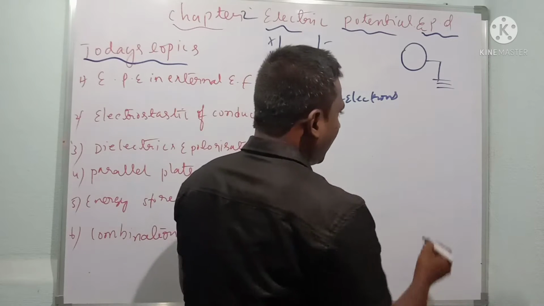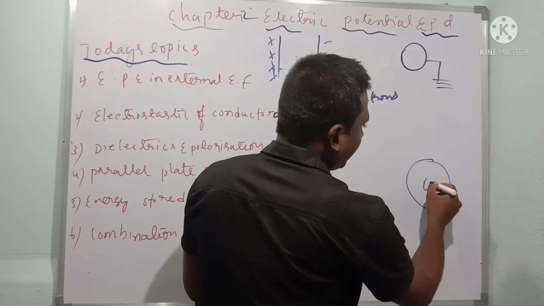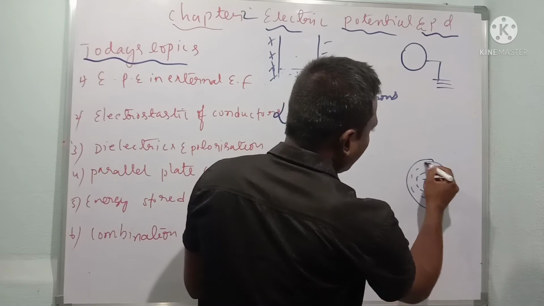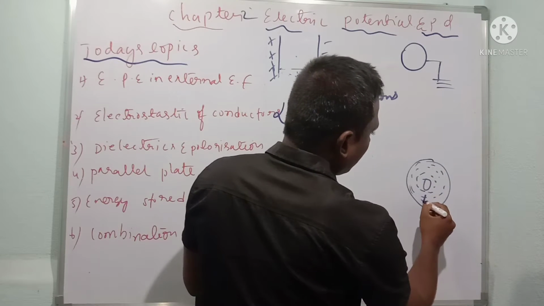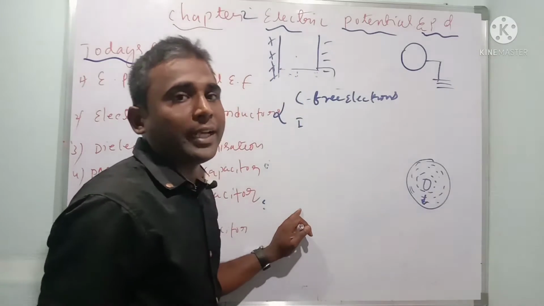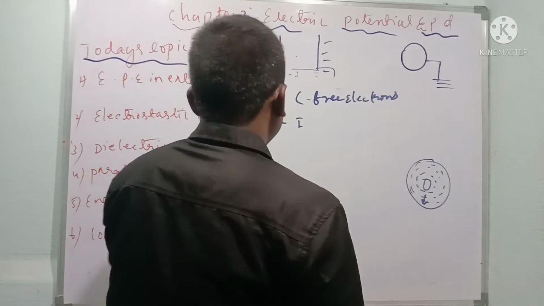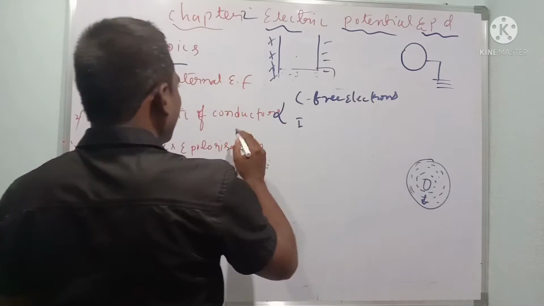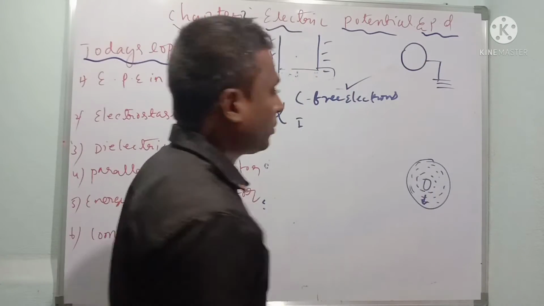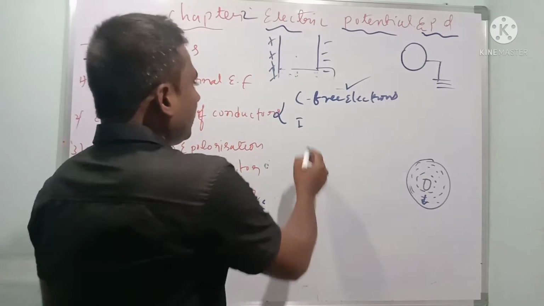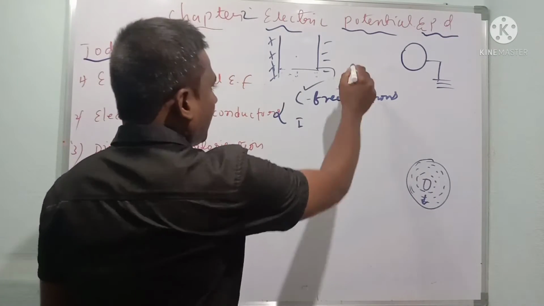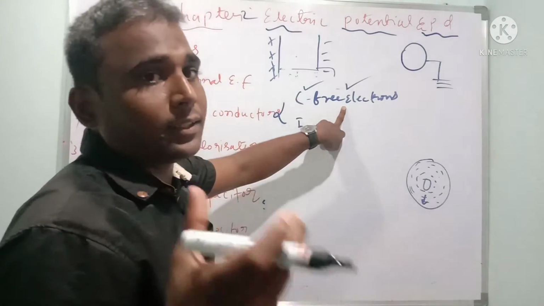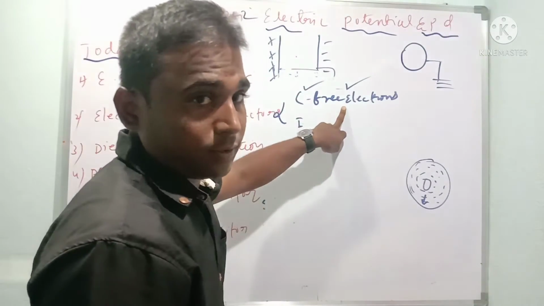Suppose I consider an atom. At the center, the nucleus is present. Around this we can find conduction electrons and valence electrons. Conduction means that it is due to free electrons. These are the charge carriers, and in conductors the conduction is due to free electrons. Here the charge carriers are free electrons.